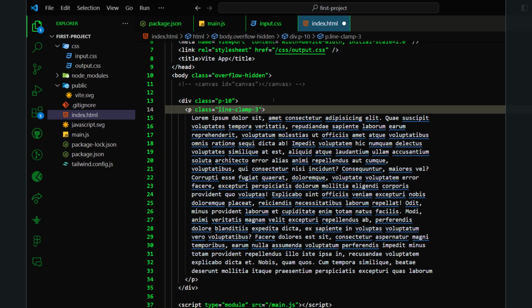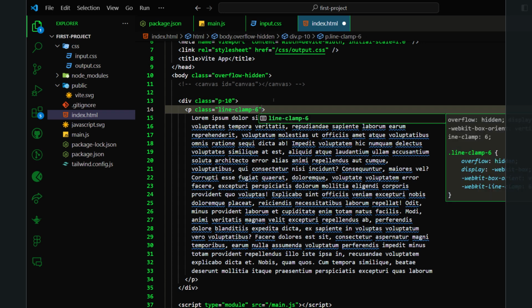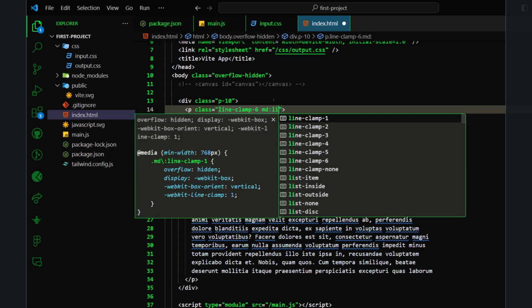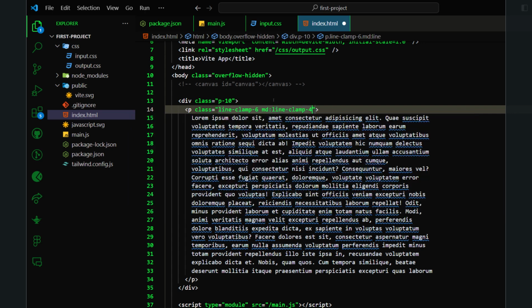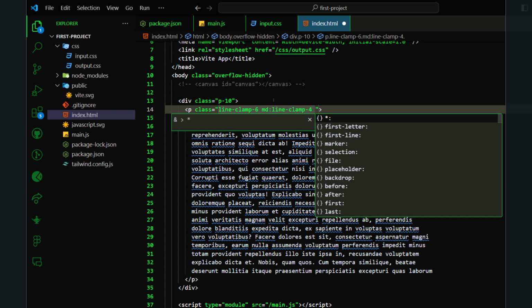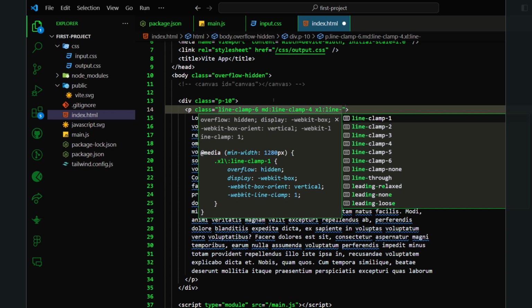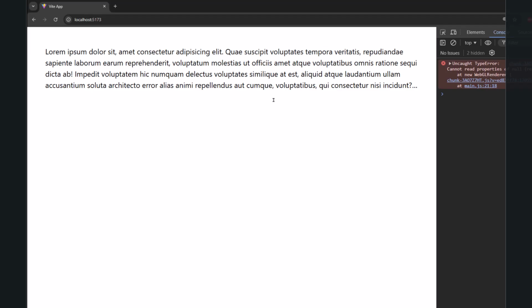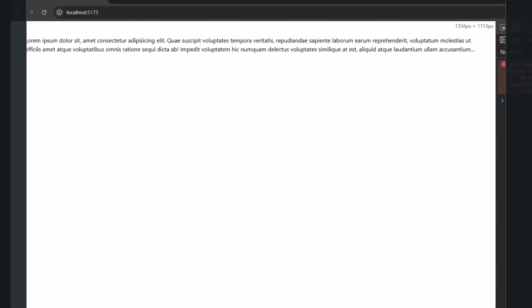So let's say on the smaller screen I want to show 5 lines or maybe 6 lines, but on the medium screen I want to show 4 lines, and on the extra large screen I want to show only 2 lines. So if I Control S this and go to responsive design,